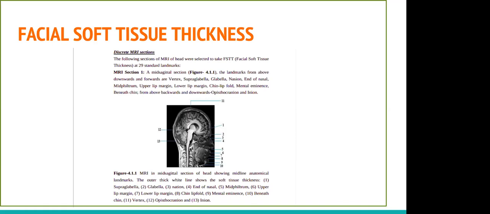Permanency means, for example, endocanthion remains the same whether you are smiling, frowning, or in a neutral image. Even after attaining a certain age, when the aging changes start setting in, for a certain period of time, till the late 60s, these landmarks don't change. There are certain landmarks that never change. That is why researchers conducted studies and identified certain landmarks which they have been using to design their studies. As I mentioned, a needle probe method was used.